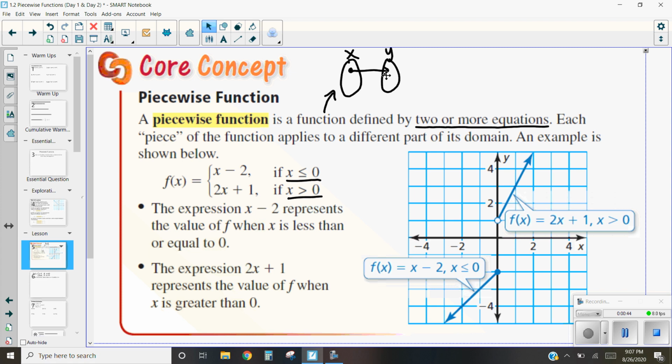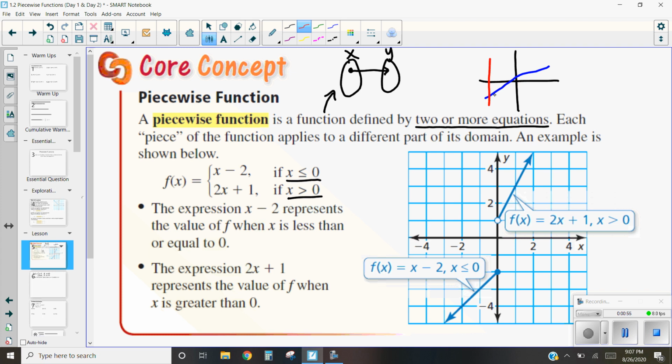So what that means is if I have a graph of a line, some sort of thing that might look like this, anywhere that I draw a vertical line, I should only hit that blue line exactly once. If I hit it more than once, then it's not a function. So for example,